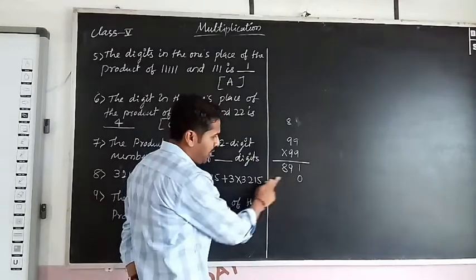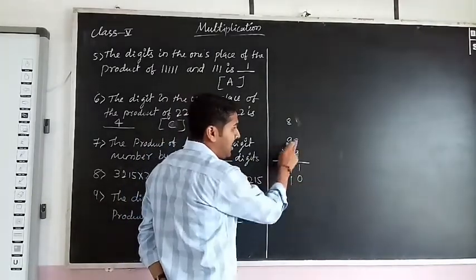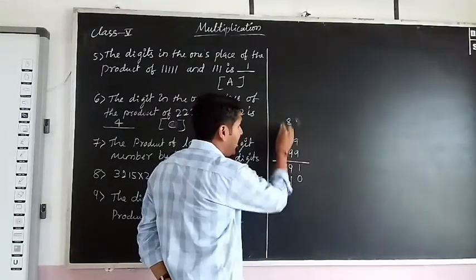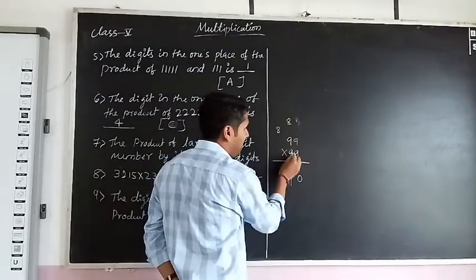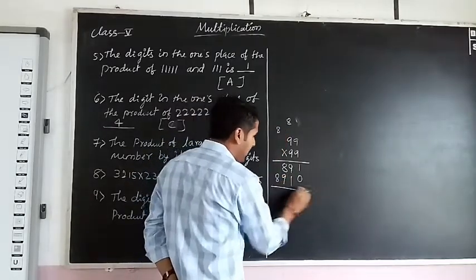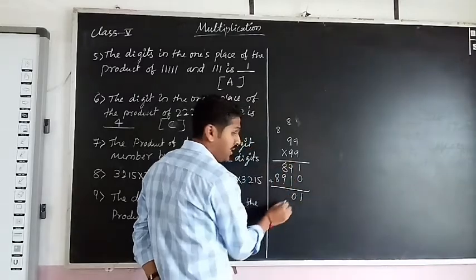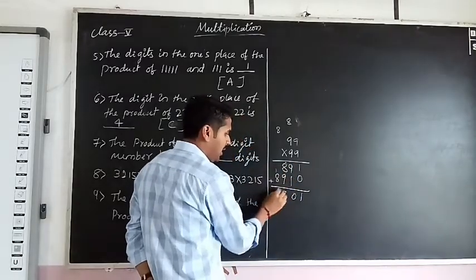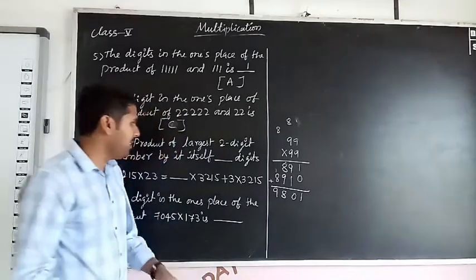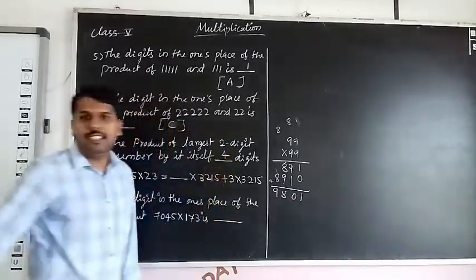So you should write from here. So again, 9 9s are 81. 9 9s are 81, so 8 carry. 9 9s are 81 plus 8 is 89. So add it. What will be the answer? 1, 10. 1 carry 9, 9, 18. 1 carry 9. So how many digits are there? 4 digits, no? So the answer is 4 digits.